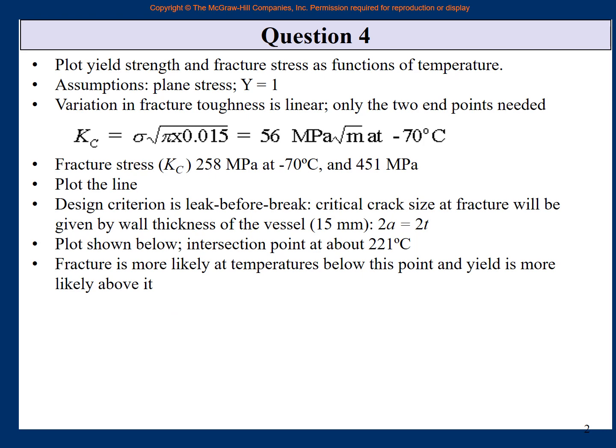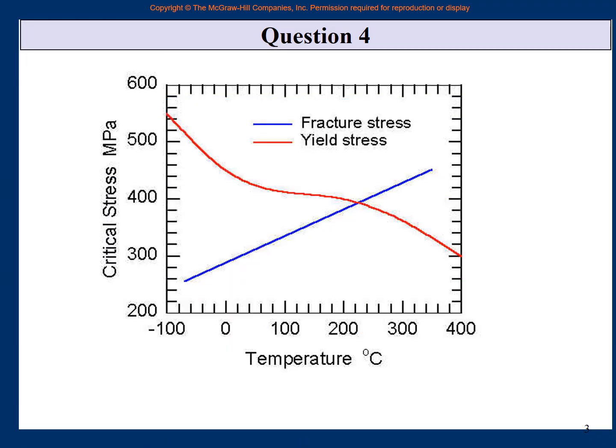Let us go to what I have done for you. Right. So on this side we have the critical stress in megapascal. On this side is the temperature. Remember, from minus 100 to 400. So right, this blue line is the fracture stress, and this red line is the yield stress. So this, we told you that because this is linear behavior, you want to find only at one point and only at the other point,